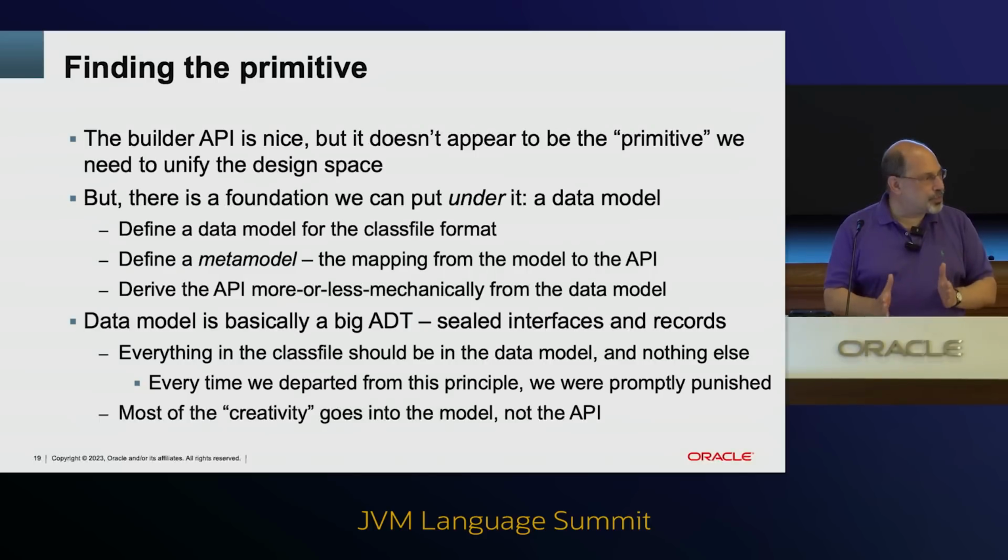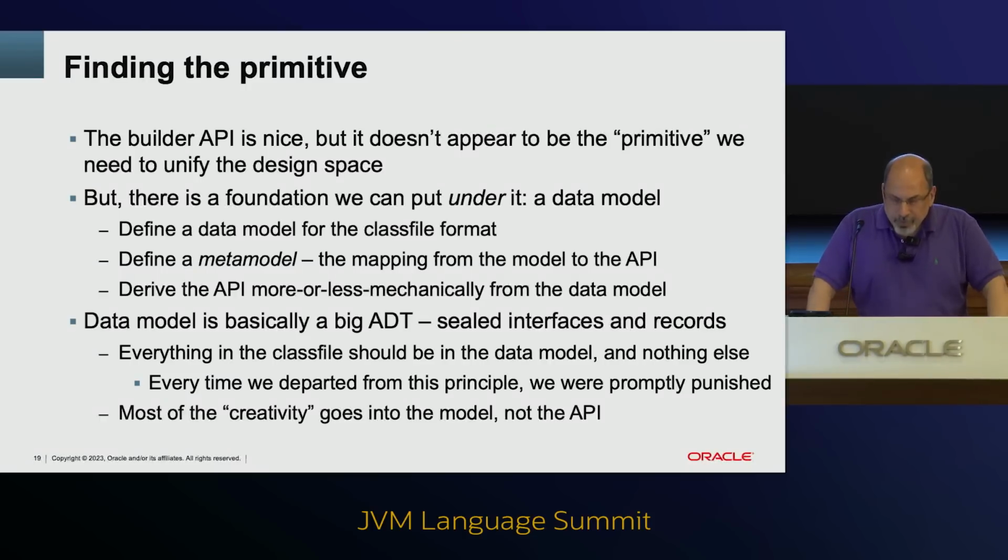Because it is how we were successful about building this API. And the way we went about it was by defining a data model for the class file. We were very disciplined about only allowing ourselves to be creative in the data modeling, and we were not allowed to use creativity anywhere else in the process. We were tempted a few times, and we strayed a few times, and every time we were promptly punished when we did. So the feedback mechanism was really quite direct: every time we strayed from our principles,